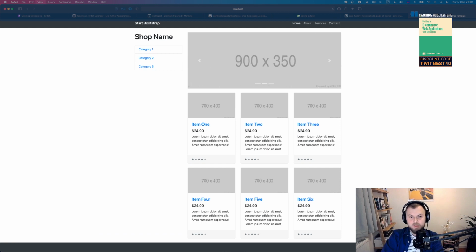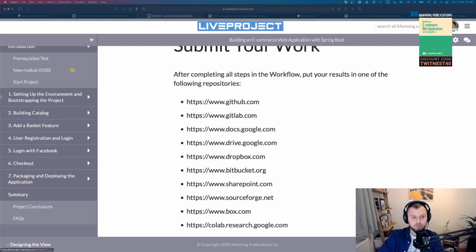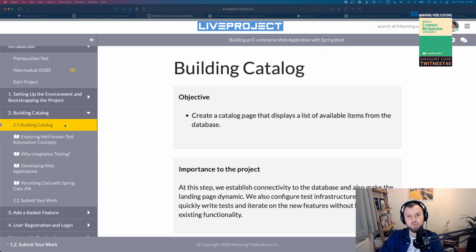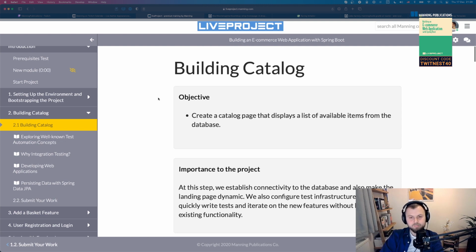The application is up and running, but that's too simple, right? So in this example, there is nothing really to show, and the purpose of the first milestone is just to get you up and running. So let's have a look at the second milestone, which is much more interesting and looks much more like a real project. You probably won't see something like setting up environment in a real project backlog, but you will probably see something like build a catalog of items in a backlog. Cool. So let's have a look at this second milestone then.